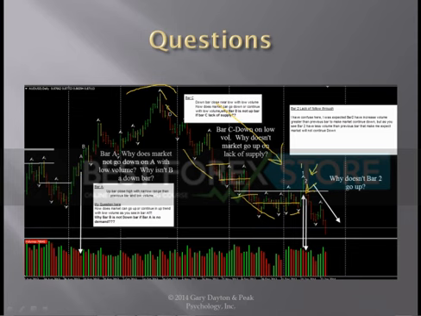So again, it requires a lot of study to begin to integrate this stuff. It's not easy to do. Okay? Yeah, Rama says the key is context and structure, and the context here is coming down, and the structure is sideways trading range. There's no demand that showed up in here. Haven't seen any demand in here. Okay.